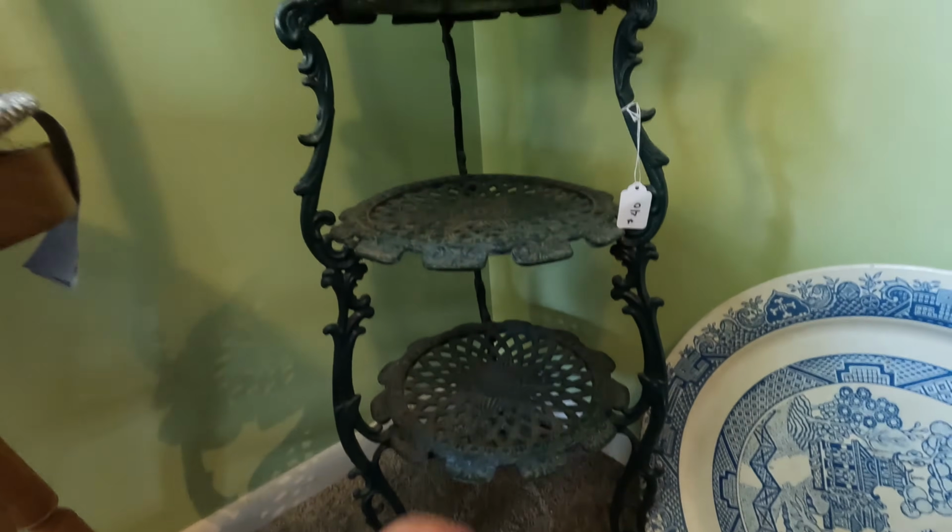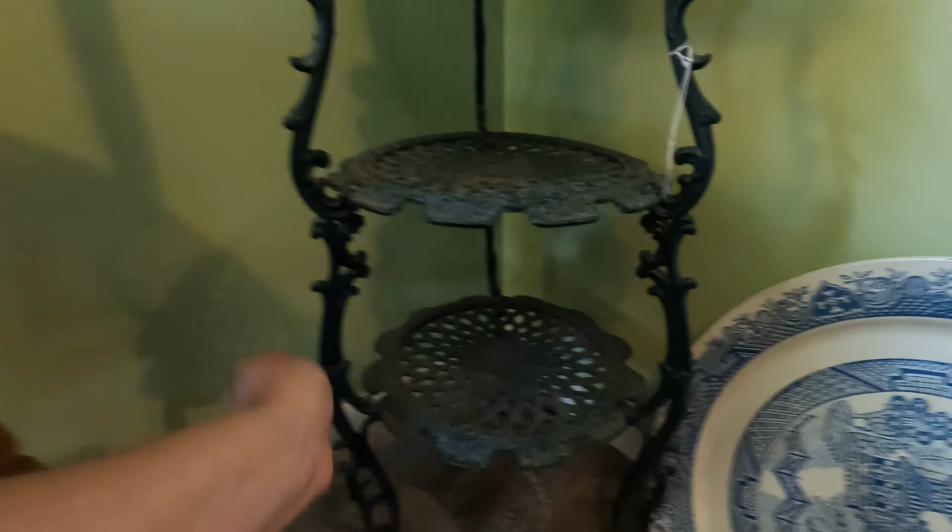We were considering that heavier cast iron stand, 3-tier stand, and he was going down to like 25, 30 bucks on it. But we decided we wouldn't be able to ship it. And we're not really set up for marketplace right now. We don't have the space for it. Hopefully one day we will with our renovation of our garage. So we'll be able to buy bigger items and sell them on marketplace. But for now, we're going to skip those bigger items. And then the last item that we bought was this